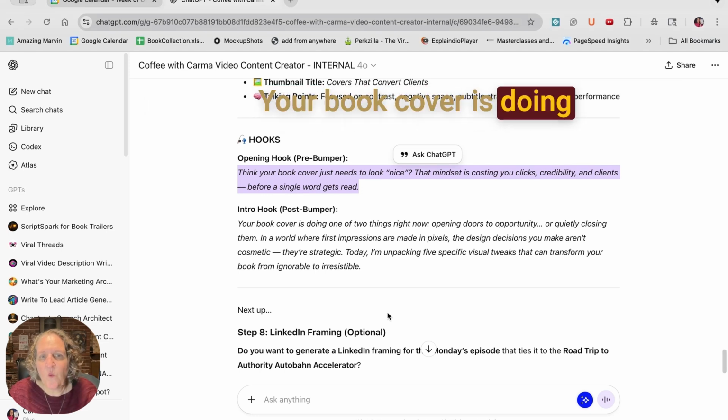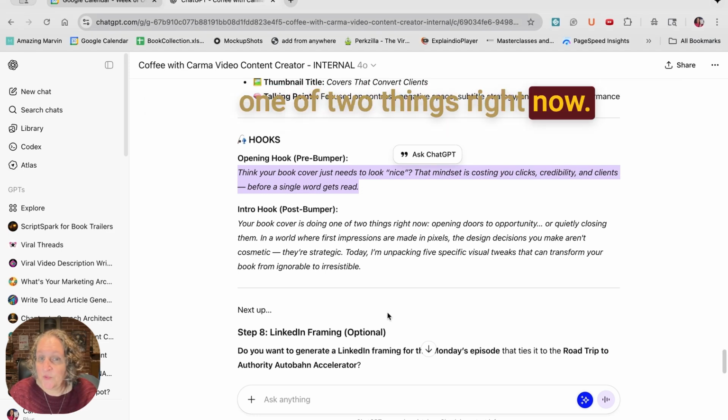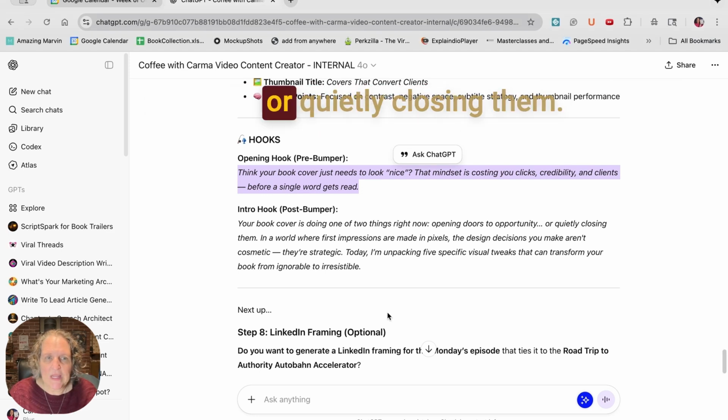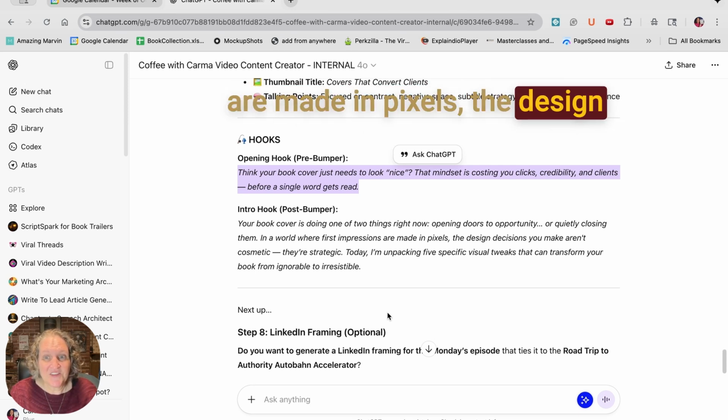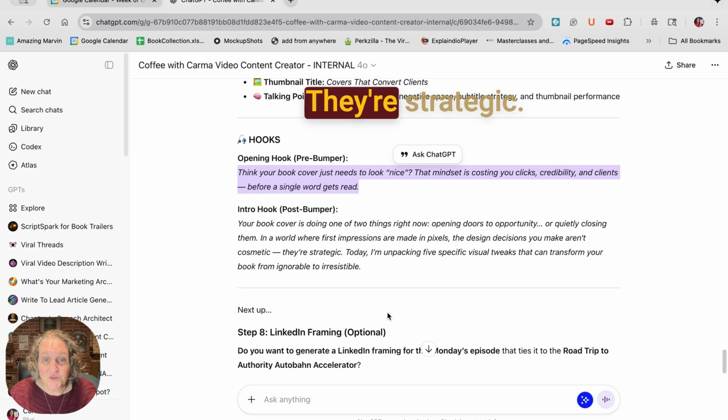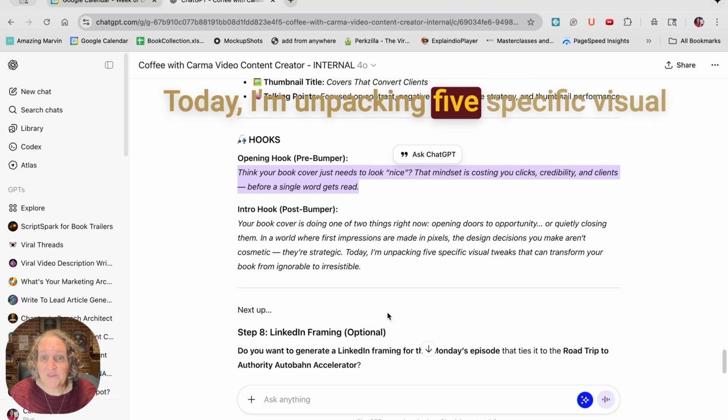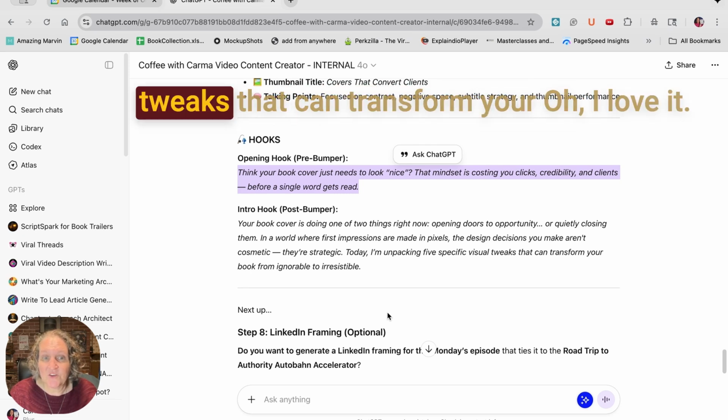Your book cover is doing one of 2 things right now: opening doors to opportunity or quietly closing them. In a world where first impressions are made in pixels, the design decisions you make aren't cosmetic, they're strategic. Today, I'm unpacking 5 specific visual tweaks that can transform your